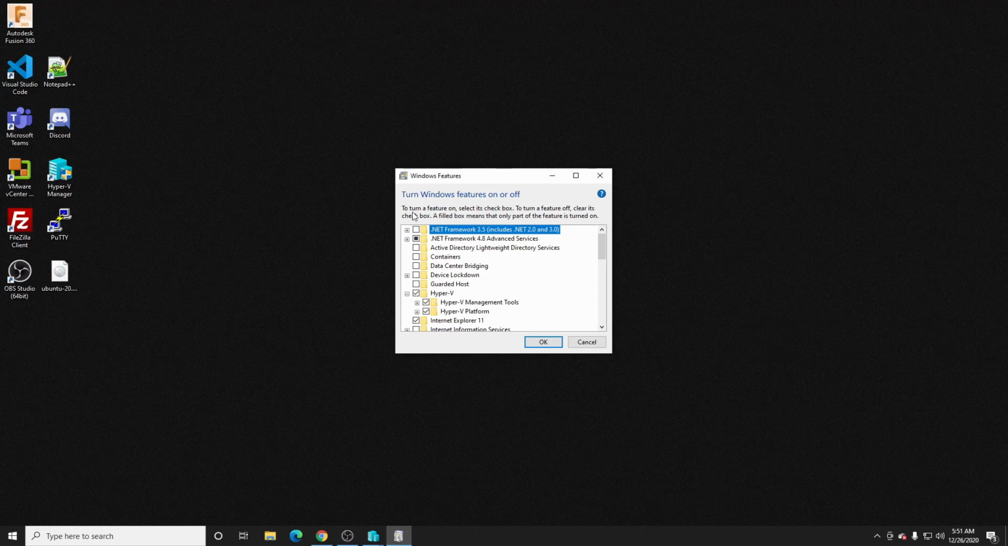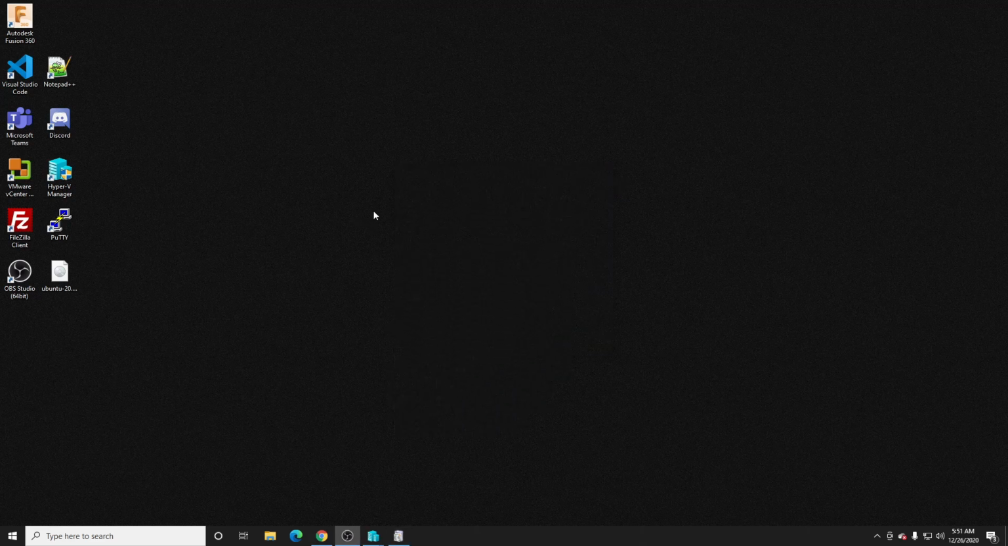So as I was mentioning, you're going to want to search down here, Windows Features, select Hyper-V, and make sure both these are checked, and go ahead and click OK. Once you do this, it's going to ask you to restart your computer. Go ahead and proceed to do that, and once you're back up and running, the next step is to download